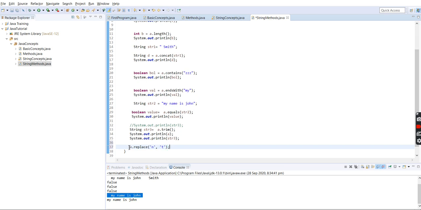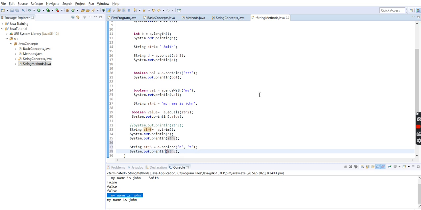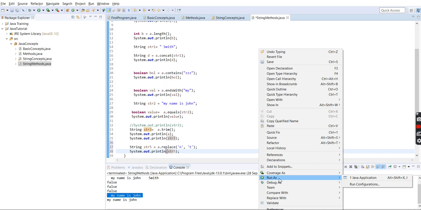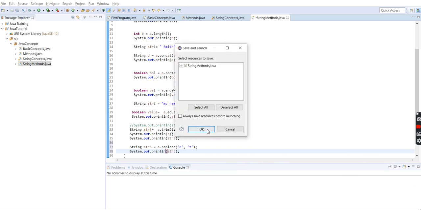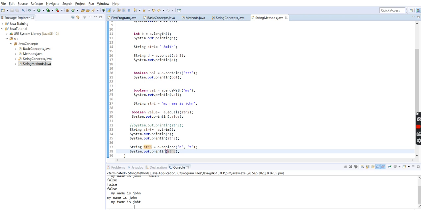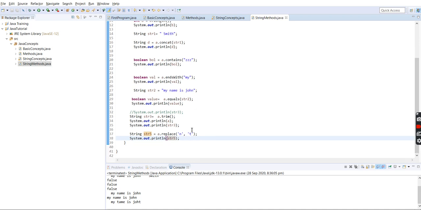As it will return a string, I'll hold it in a string variable. And I'll print string 5. We'll see. See, all the n in the name has been replaced by t. So there are many methods, we can practice all of them, and these methods will be required when we do programming. So the most important thing,